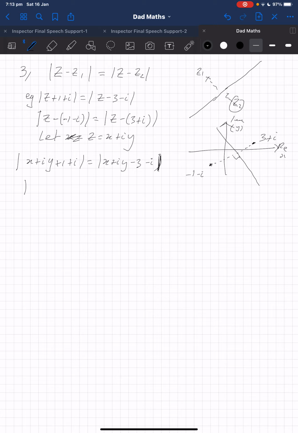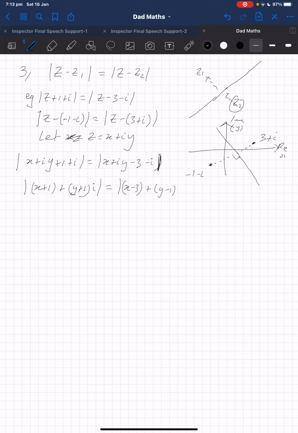Putting it into real and imaginary parts, we have x plus 1 plus (y plus 1)i, and the modulus is the same as x minus 3 plus